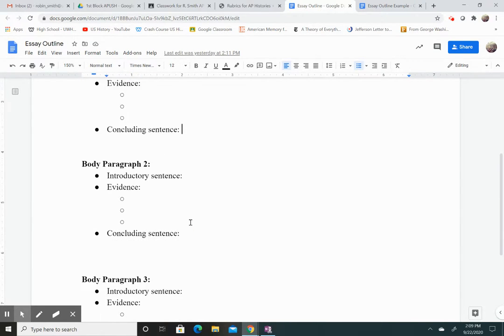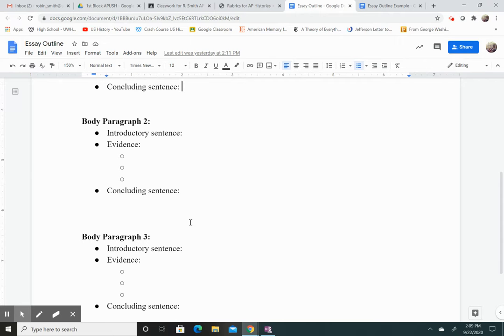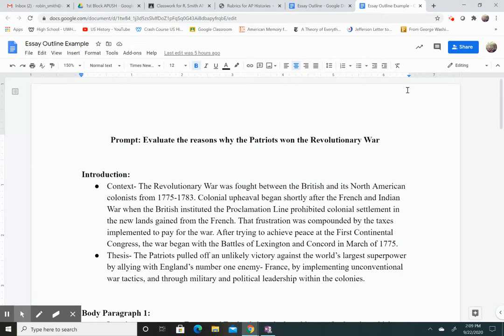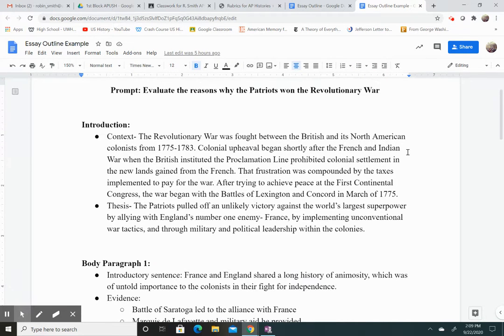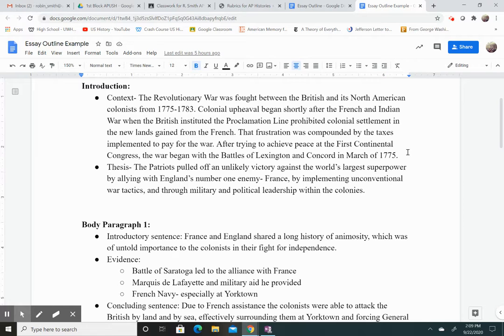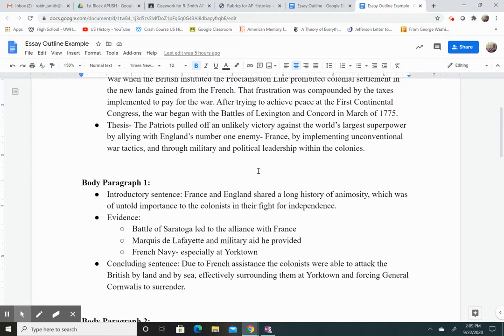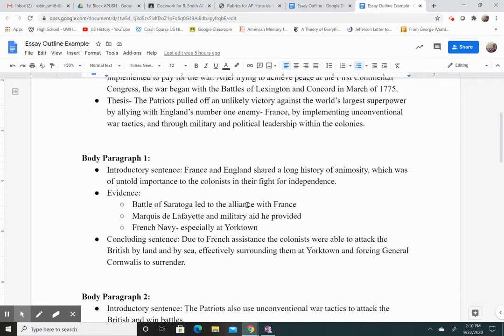So each of the body paragraphs is going to be laid out the same way. I put an essay outline example on here. This is a different prompt, but you can tell I've got 3 parts to my thesis. My first part of my thesis says that the Americans won the Revolutionary War because they allied with the French. So in my first body paragraph, I'm talking about the alliance between the French and the United States and why